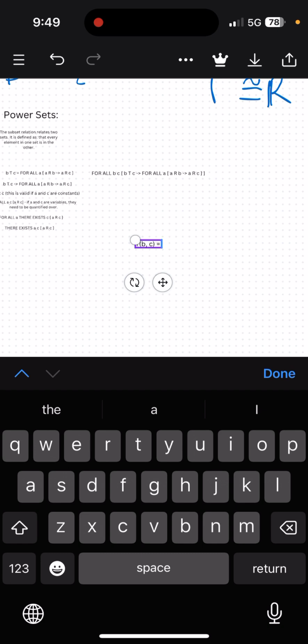It's kind of like lambda calculus: you have a function that returns a function. I'm wondering if I could put that in here, like R